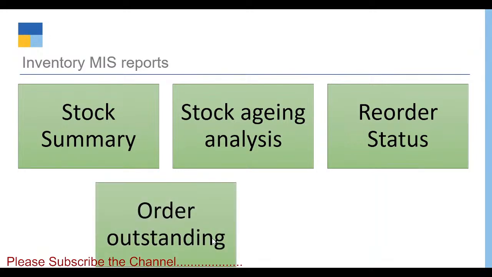We'll navigate to the next report now. So the next report is order outstanding. This would be applicable for businesses which maintain the flow of orders till receipt, right? In certain companies, unless they record the sales order or purchase order for the transaction, they do not enter it. In case you are maintaining the order system, for example, you have sales orders, right? So you are receiving various sales orders from your customers